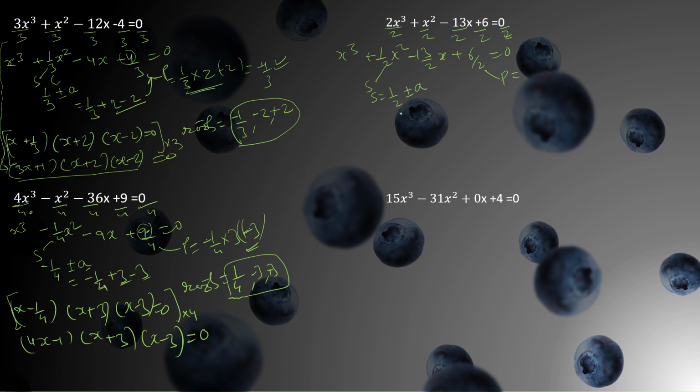Here half is there and here 6 by 2 is there. Here as a sum, final is half. So shall I use this method or not? I cannot use this method because plus minus a, this 6 cannot be converted into plus minus a because 6 is not a perfect square, unlike 9 and 4. So in order to have here, I should have half